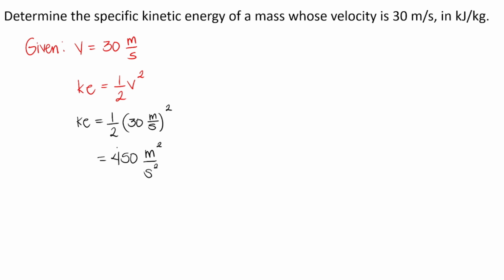And katulad ng ginawa natin kanina, we need to multiply it to the factor of, take note of this, we know that 1 Newton of force is equal to 1 kilogram times meter per second squared. So we can use this factor in converting this to joules per kilogram. So proceeding, we will have 450 meters squared per second squared and multiply to the factor of